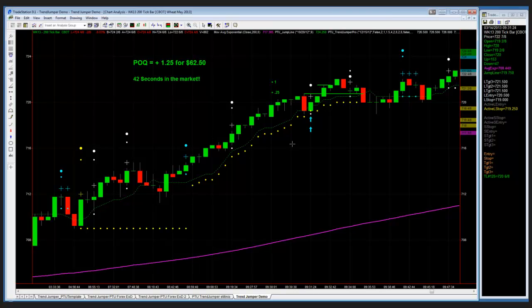If I look back earlier, this is before the trade time, but there was a trade that triggered back here, and it hit a target up here. That was 4 points, and then it trailed even further all the way up. Okay, same strategy. That's not a scalp trade, though, is it? Would you think that was a scalp trade? For me, to be successful with scalping, you have to have a really good risk-reward ratio on your trades. With Trend Jumper, you're usually going to get better than 1-to-1. On some of the real small trades, it might be a little less than 1-to-1. In this particular trade it was.